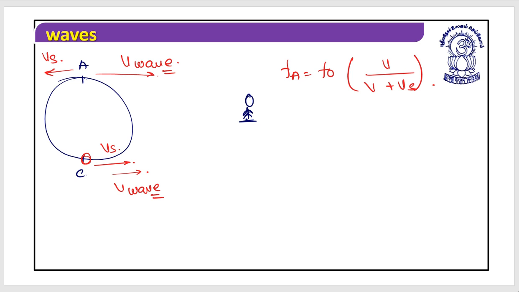Both moving in the same direction, so fc equals f naught into V upon V minus Vs. I hope this is clear. So from fa, the apparent frequency at location A, and the apparent frequency at location C, you observe that